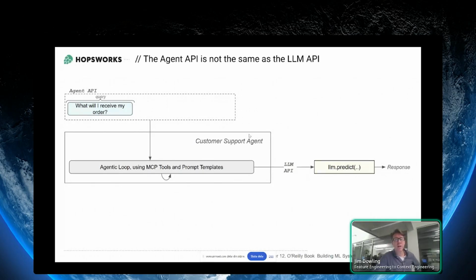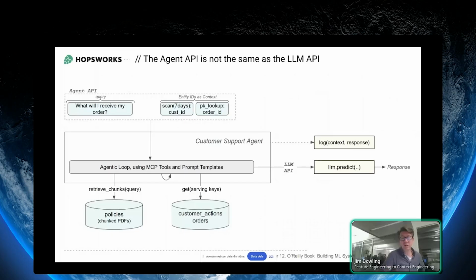But when you build an agent, you are not restricted to having that as your API. And this is important. What you can also do, and this is what I'll talk a little bit about later, is I can write an agent API that also includes, for example, IDs of entities. And I can pass those as context. I can say, for example, scan the last 7 days, and here's the customer ID. Do a primary key lookup, and here's the order ID. So if I pass that as additional context along with the query, which should be when will I receive my order, that query can go down to our agent,